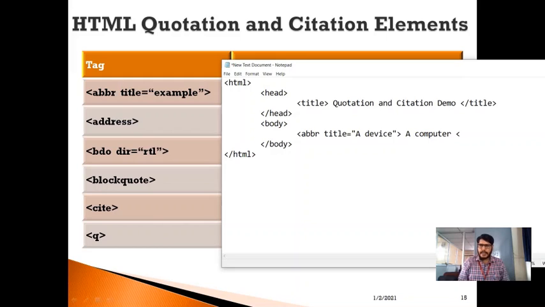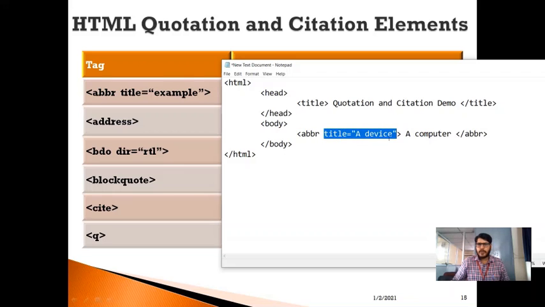Okay, and here I'm going to close this abbreviation tag. So ABBR. So this is what a closing tag. If you remember, please try to observe here. This entire portion is nothing but the opening tag of abbreviation. As I said earlier in the previous session, in the opening tag itself, I can specify an HTML attribute.